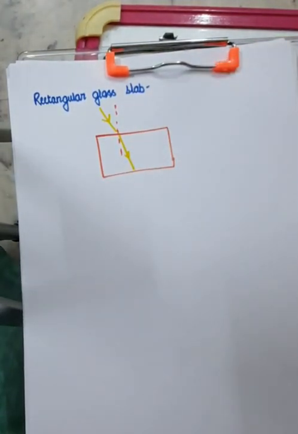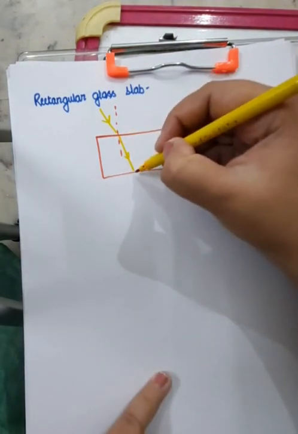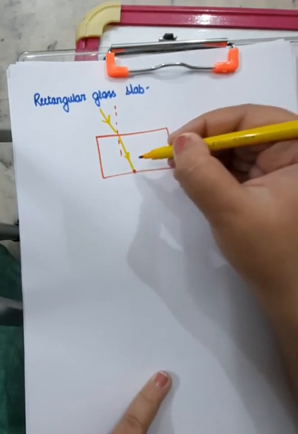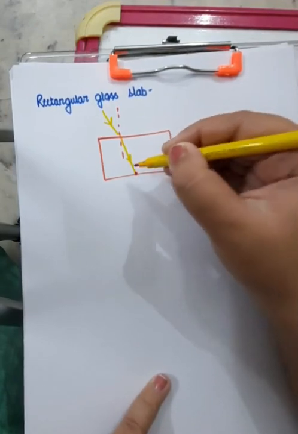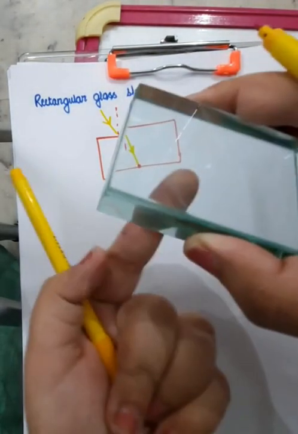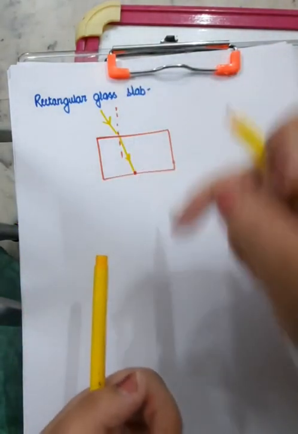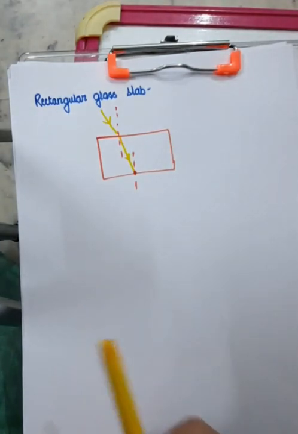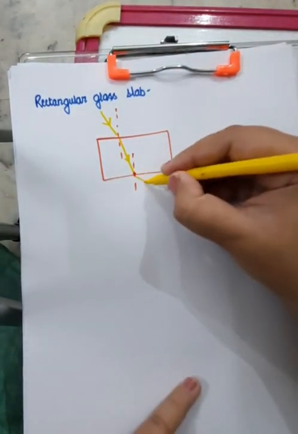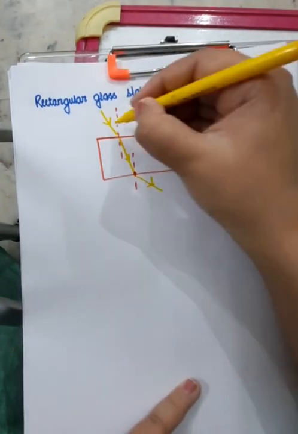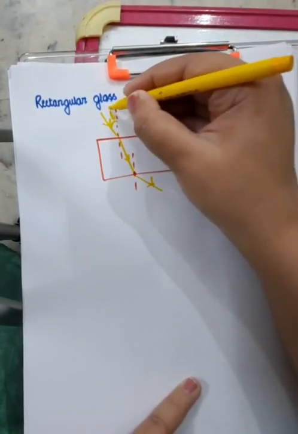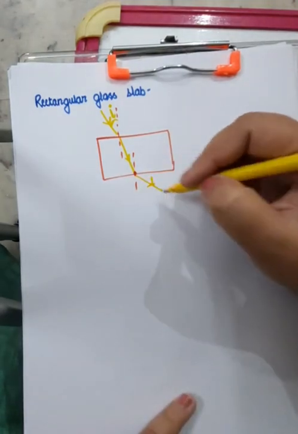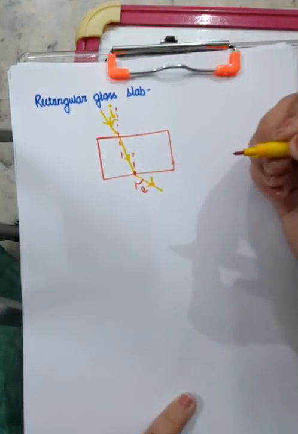And then what is going to happen? Since this light ray has again struck here, and now it is just about to come out from a denser medium, glass, it's a denser medium inside glass, and it's coming out in air. So what is going to happen? It is going to bend away from the normal like this. So what you can see is that this was the incident ray and this is the angle of incidence, and this is the emergent ray and this is the angle of emergence.